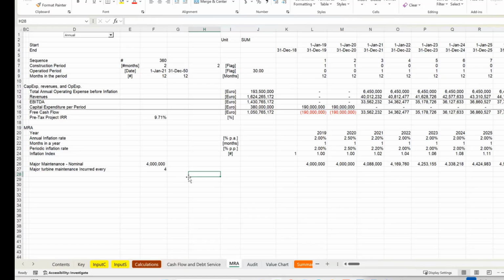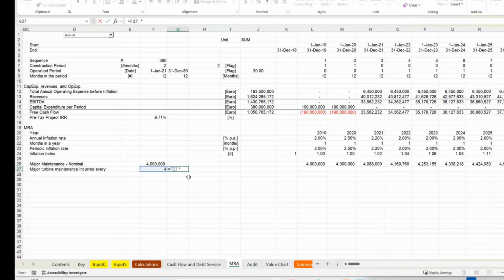Let's do it annually first, because that's the easiest. How should we do this? Just a minute. In column G, we're going to do almost the same thing, up one. Could you take that 4, multiply that 4 by